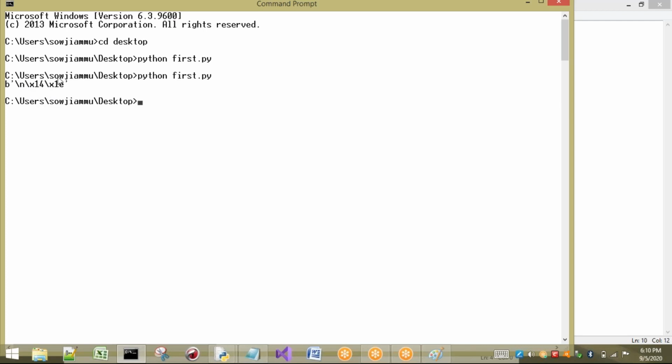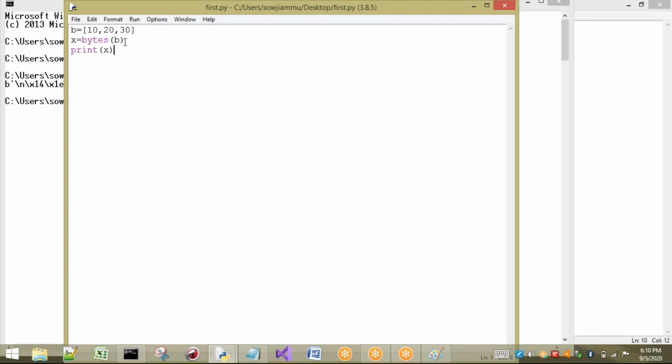So if we want to print the elements present in our bytes, we have to use a for loop: for I in X. Till now I have not discussed for. For every value in X, that will be stored in I, and I am going to print that value. Then the values of X will be printed completely.